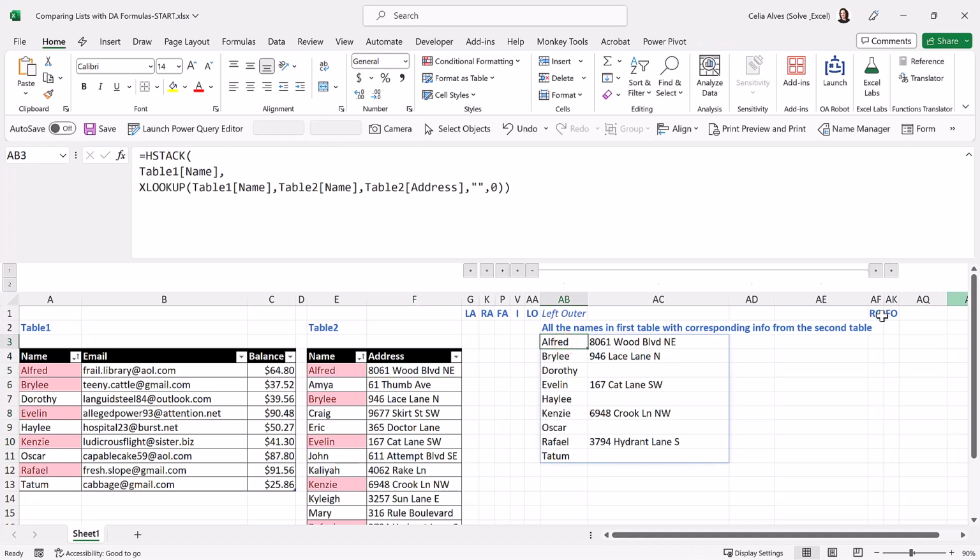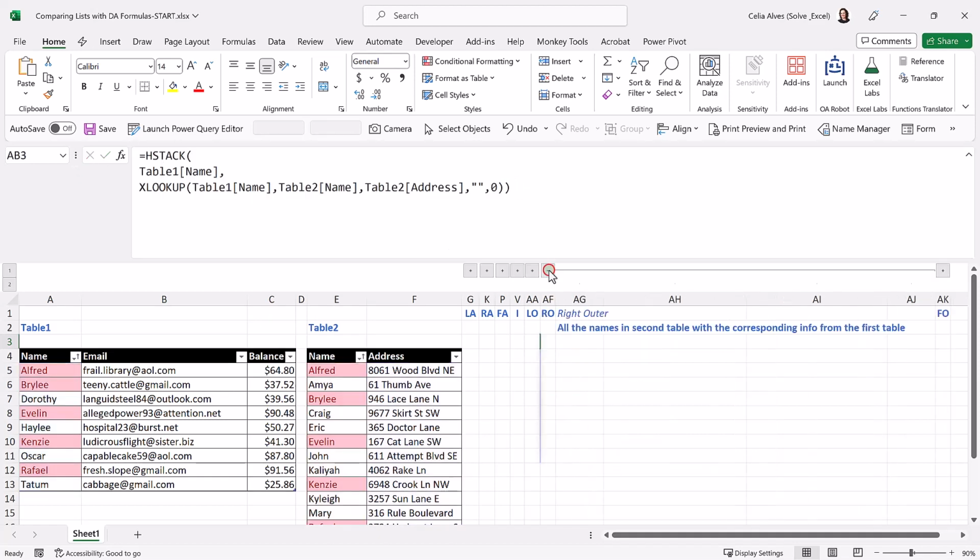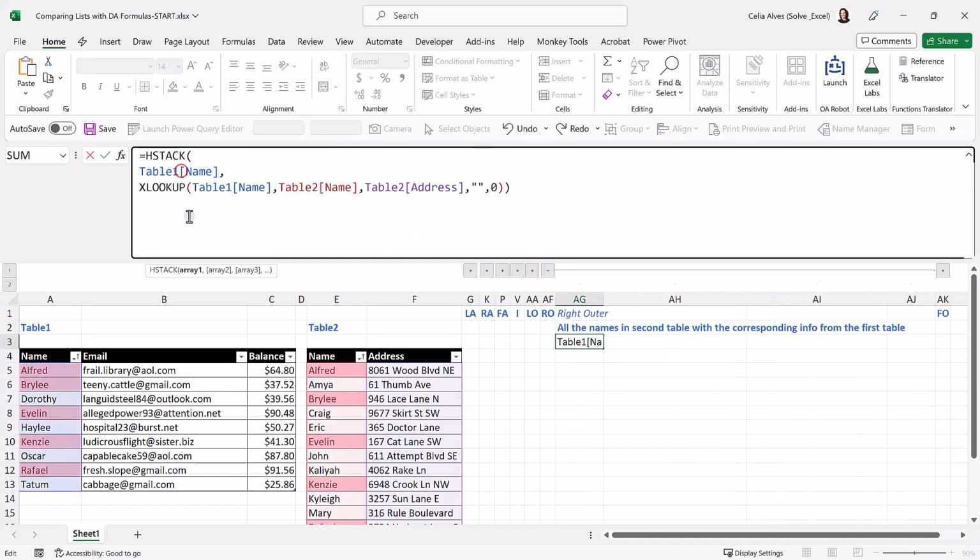So now if I want a right outer join, which is the next one, it's about getting all the names from column name in table 2 and finding all the information that exists in table 1 for those names. So I'm going to copy this. Let's move on. Well, we can say that first we need to switch and find the names in column in table 2, and then XLOOKUP those names in table 1,